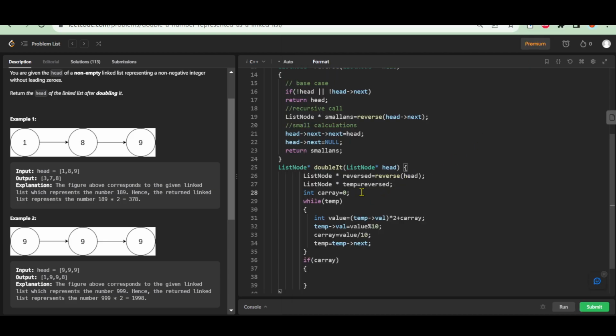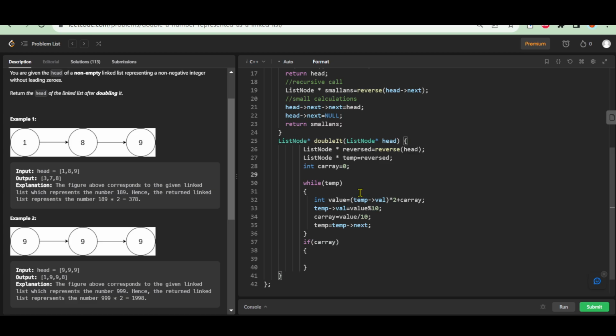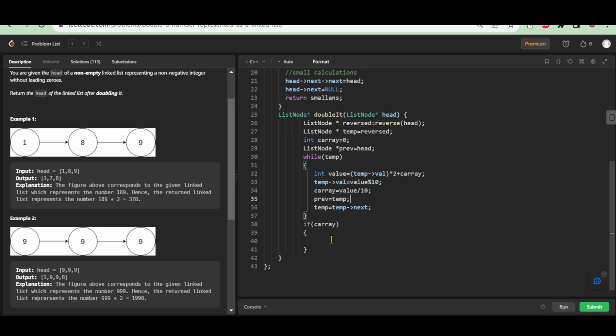So for the purpose of creation of the new node, after checking the carry, I am making here a previous pointer which will be pointing to the previous node all the time. List node star type previous, initially pointing to head, and when we move temp to next, I will keep it in the previous. Alright, so if carry remains after the traversal of the linked list,